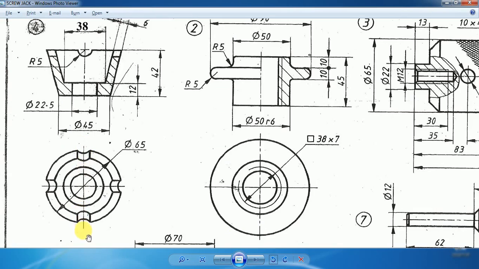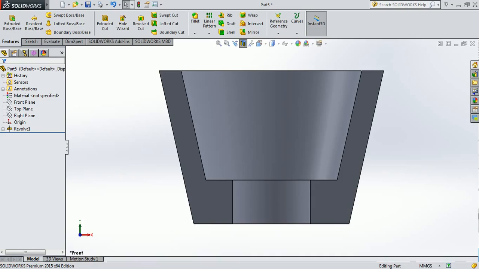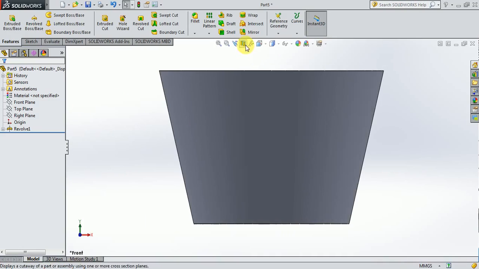Okay, so this is one semicircular cutout, and this is another semicircular cutout. Like this, one horizontal, and this is vertical, when you see it in the top plane. So therefore we need to make semicircular cutouts on the horizontal plane. Okay, so in order to do these semicircular cutouts, what I do now is I am going to keep it